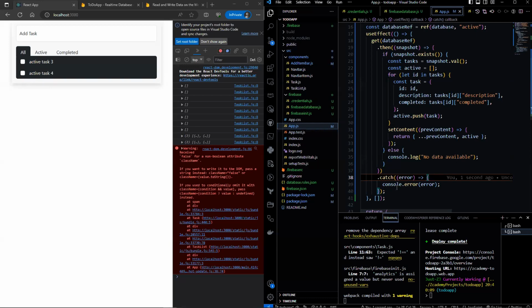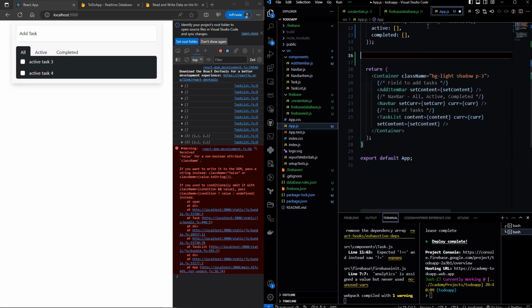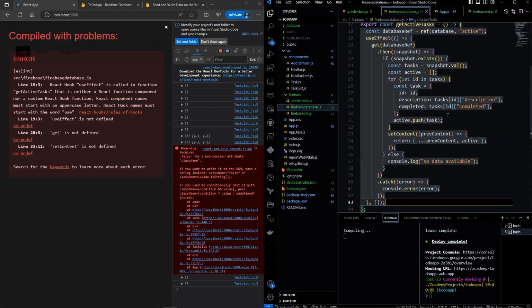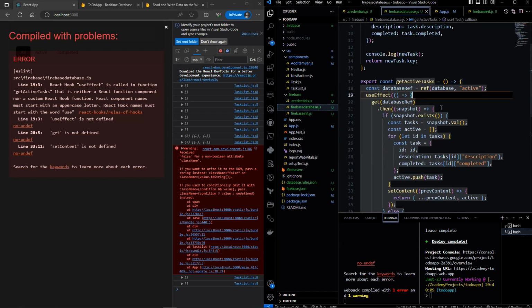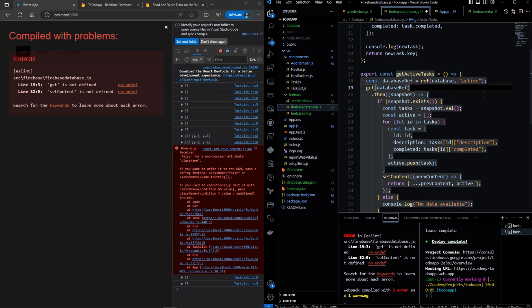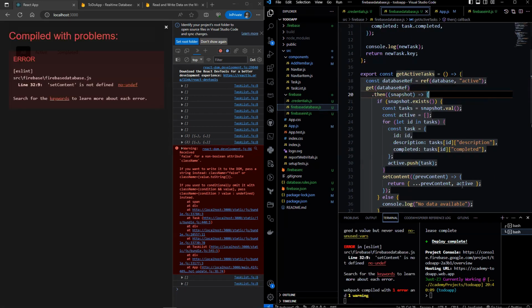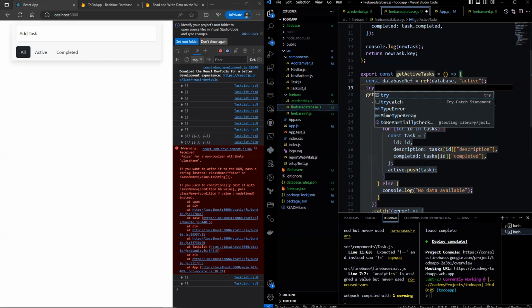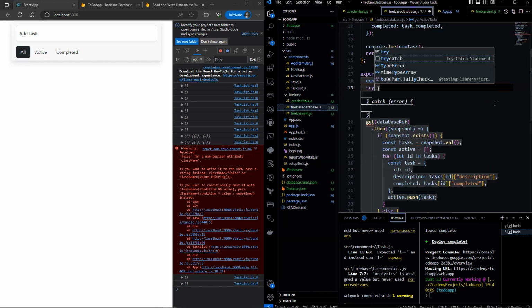So let's move this whole code block into the Firebase database file. Let's create a function called get active tasks and paste it in. Let's remove the use effect hook and import get. Let's also remove set content. Now let's enclose this in a try-catch block instead.